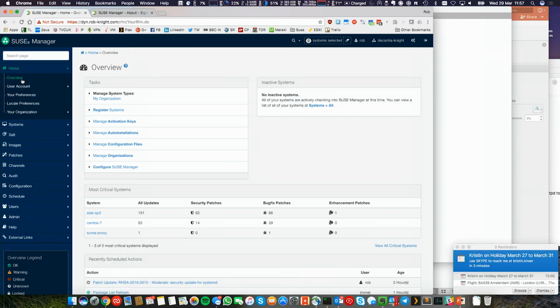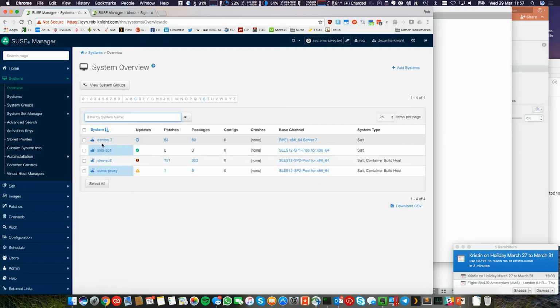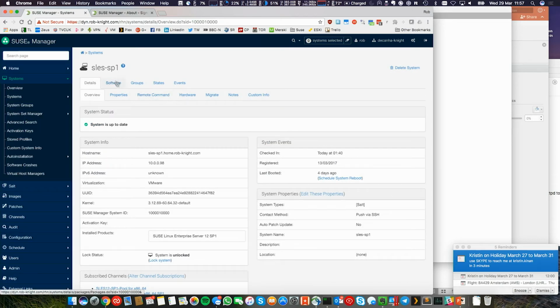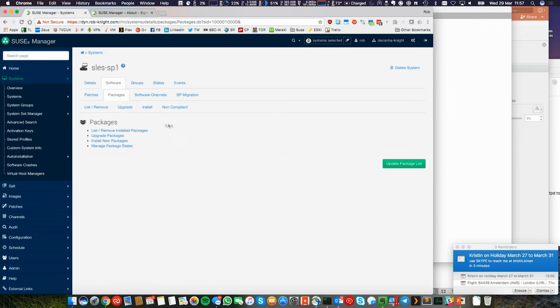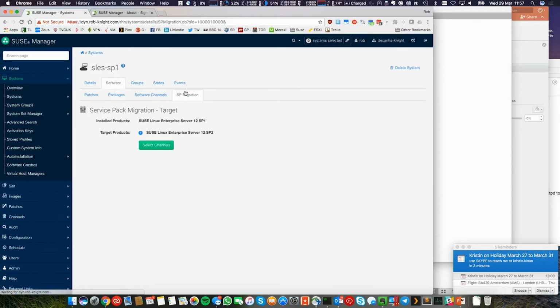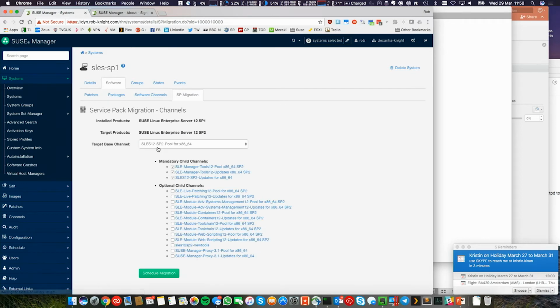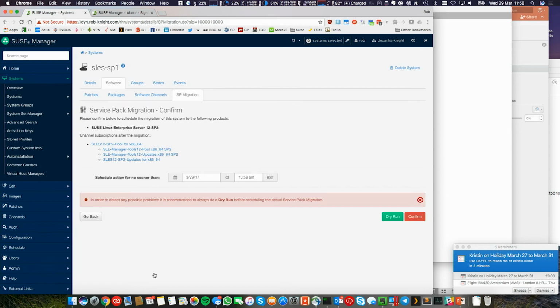For all of you who've done it before, I'm sure you're aware, you can either normally get the DVD, you may choose to PXE boot it, but it can be a bit of a pain to do that for each system. If I go through there, I can see there's my SLES 12 SP1 server. To do a service pack migration now, it's 1 click, that's 2 clicks, there's 3 clicks. I'm just choosing now where I'm going to migrate it to. I can see it's now going to go to SLES 12 SP2, and I can choose any additional modules that I wanted to add to it. We talked about modules earlier on. I can then just click Schedule,